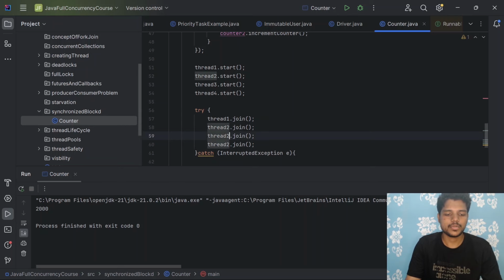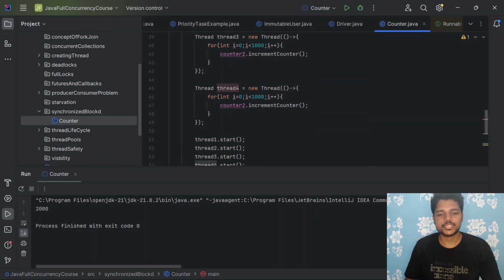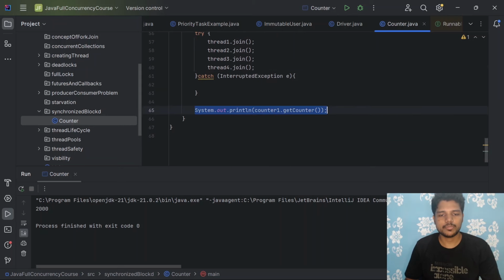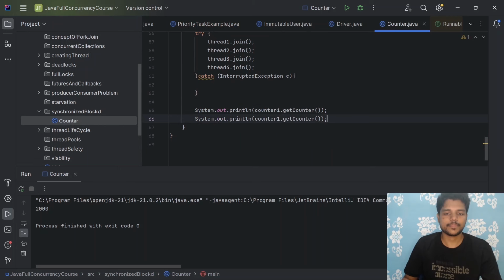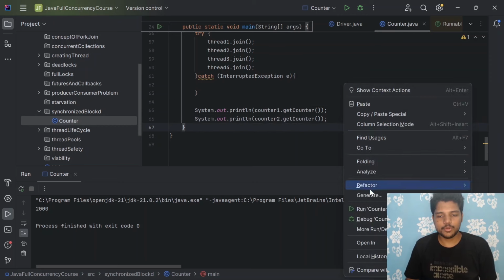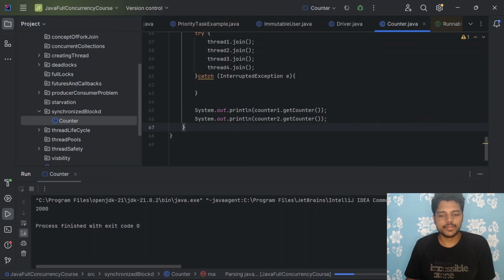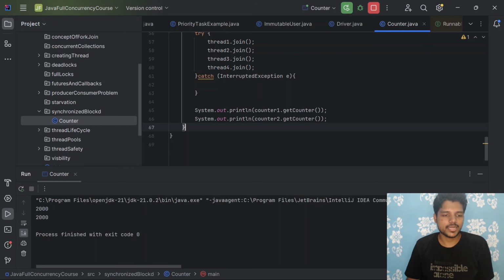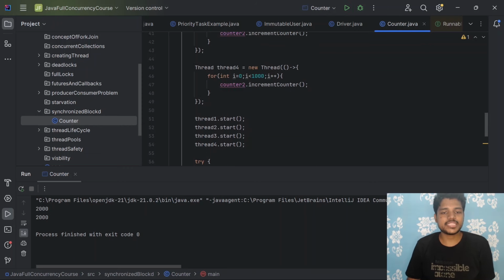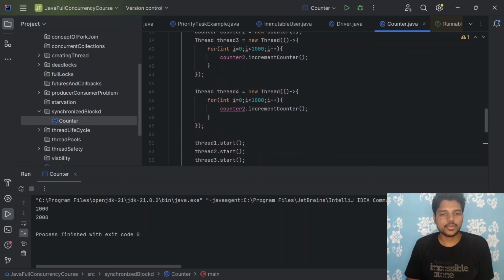Okay, thread 2, thread 3, thread 4. So ideally, you can System.out.println counter 2. If I run the program, the program is the same, nothing will happen. It will just give the value as basically 2000, but it is a kind of performance degradation, because only